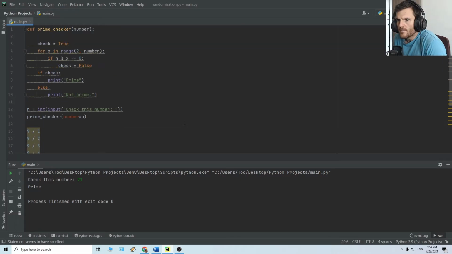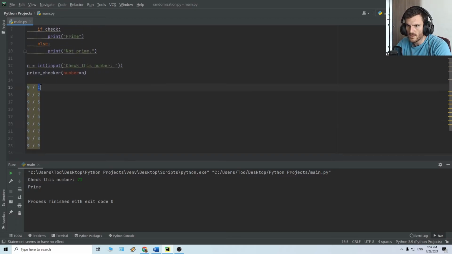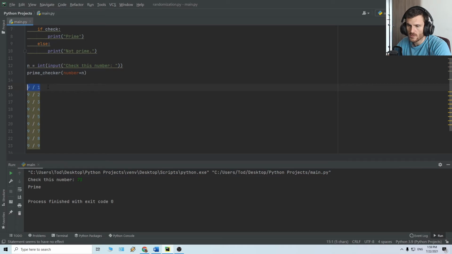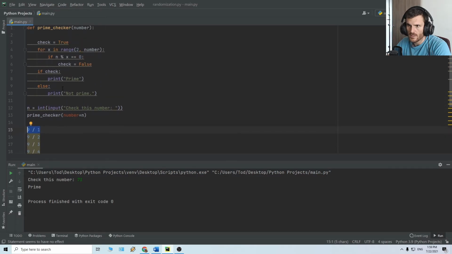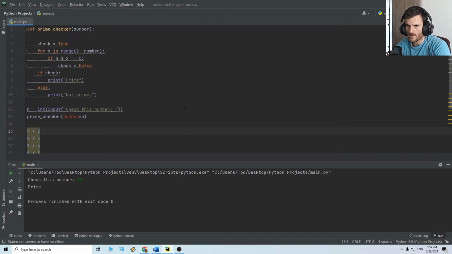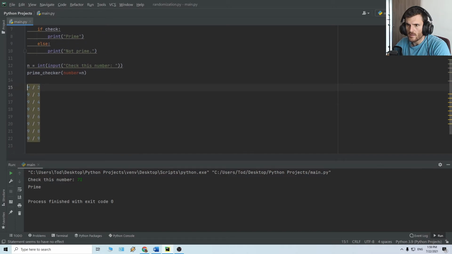So I check for x, which is this number, in the range of 2, because any number is divisible by 1, it will always give me that number. And the number is the input. So here,